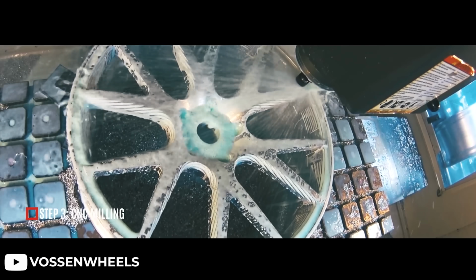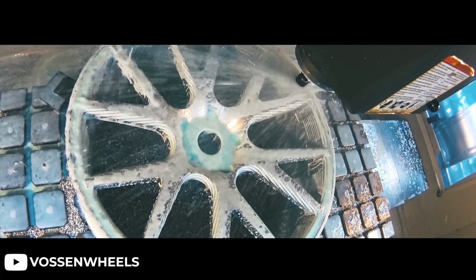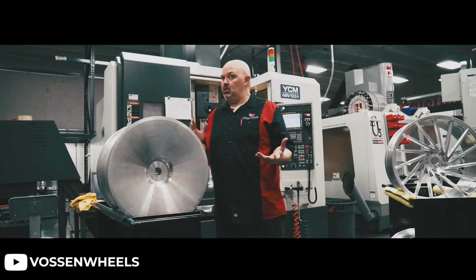So after that forged blank is formed into its final shape, it is sent off to the CNC machines. Here the blanks will be machined into the design of the actual wheel, usually starting off with the back profile of the face and then switching over to the front profile of the face. The design of the wheel actually starts to come to life. During the machining process, what started off as a forged blank will lose anywhere from 70 to 80% of its